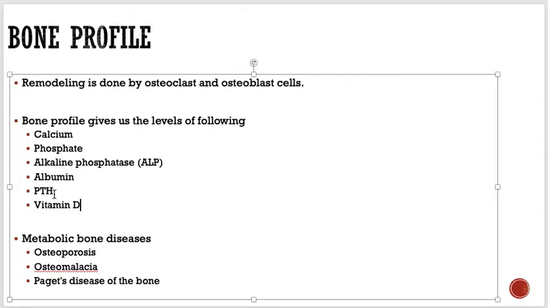The majority of the body calcium is in bound form, but very little is in the free form. And there are signs and symptoms of hypercalcemia, and signs and symptoms due to hypocalcemia,